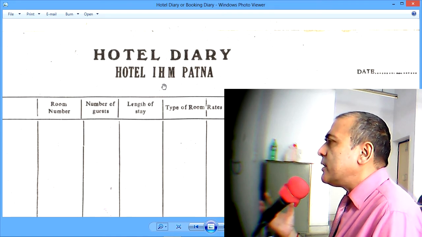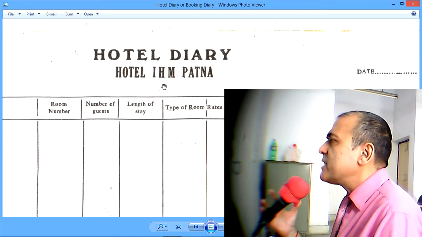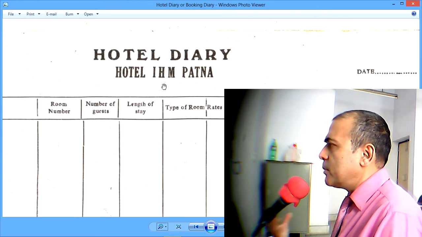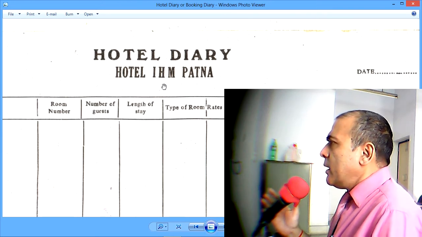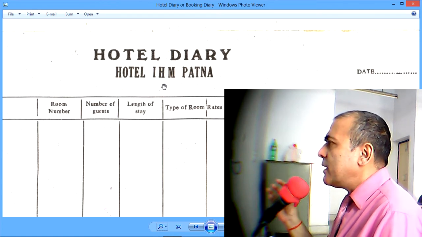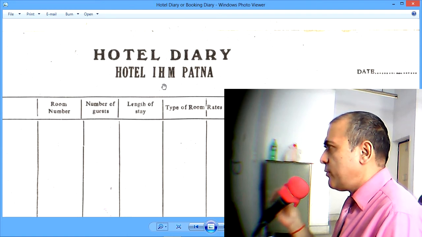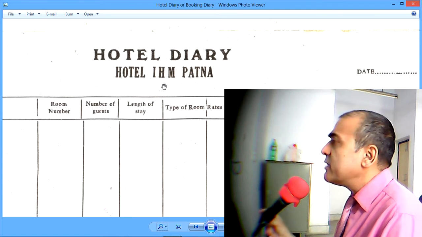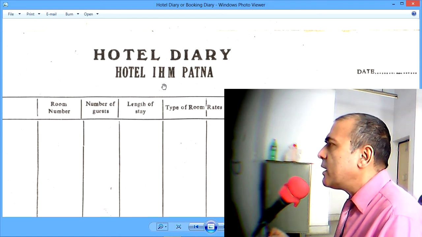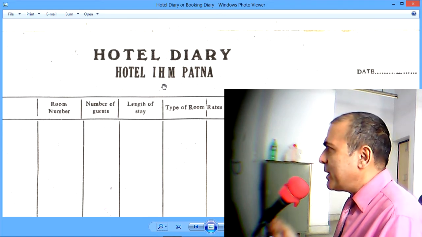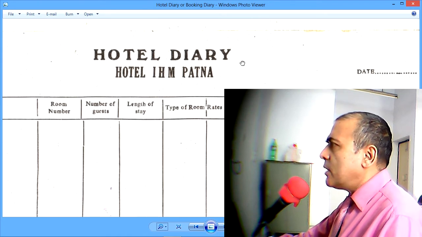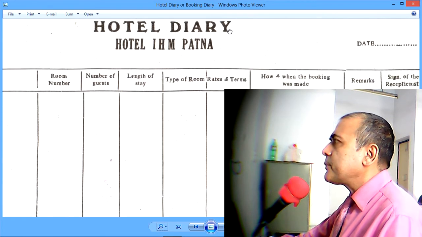they may have certain preferences in terms of room type, in terms of floor number, in terms of views. So if a guest has a very specific preference, then it is better to block a room for that guest in advance, especially if he is a frequent traveler, a frequent visitor to our hotel, or if he or she is a VIP guest, so that when they actually check in, the rooms should be available.